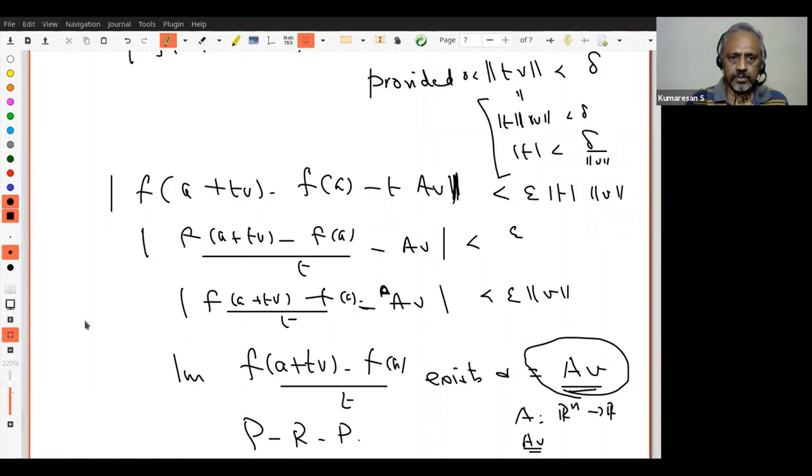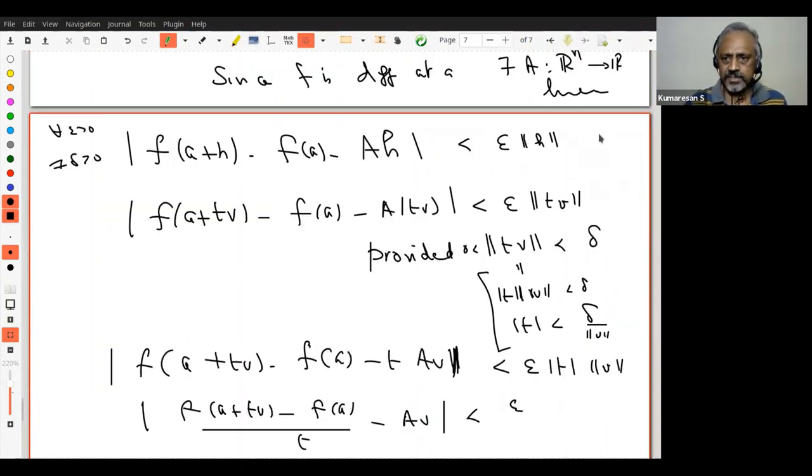So let us go. Do you understand this? I'll keep asking. Say yes quickly and then you can remove. Give 5 seconds after saying yes. Do you understand this? This is the definition. And now in place of h, I am writing tv, therefore I get this. Do you understand this? Okay. But for this inequality to be true, I want the length of h to be less than delta. That means here length of tv should be less than delta.